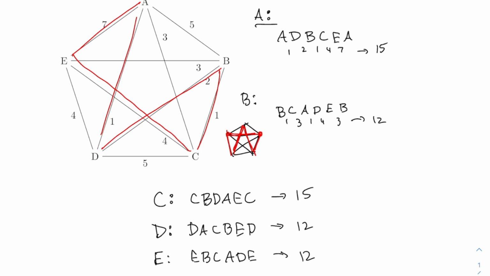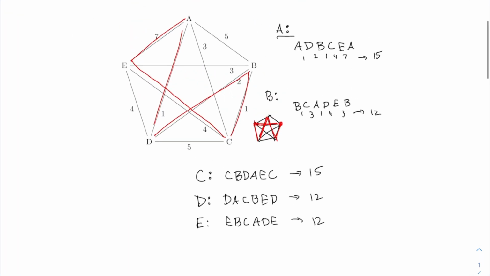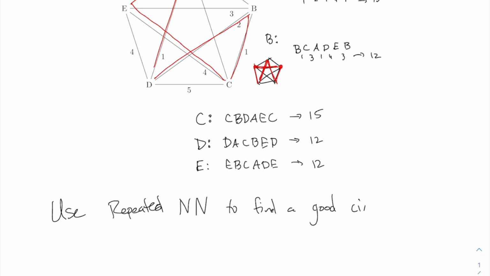One little thing. What if I asked you, using the repeated nearest neighbor, what's the best route? Well, the best you can do among these that are presented before us is 12, right? What about, I could ask the question in this way. Use repeated nearest neighbor to find a good circuit